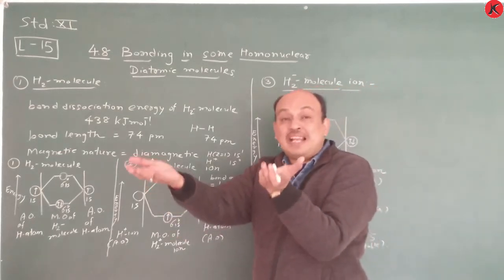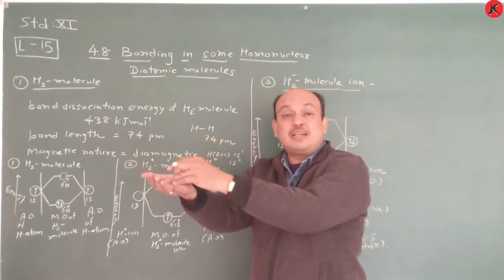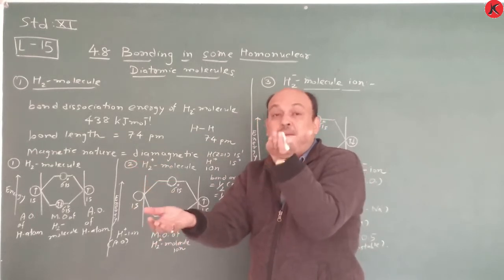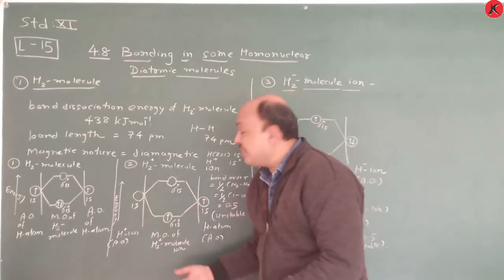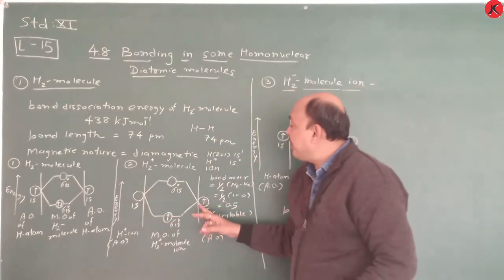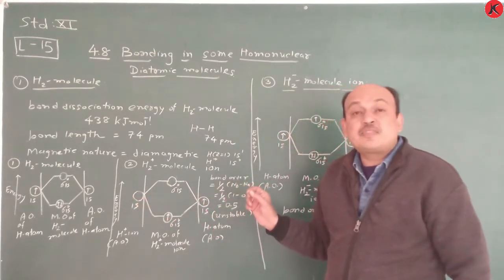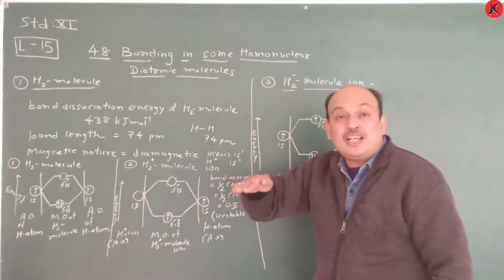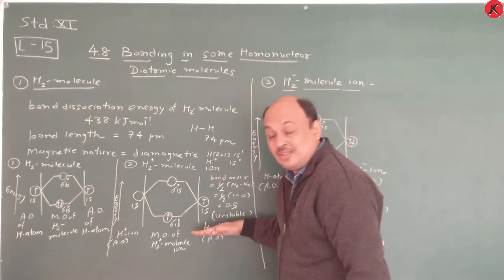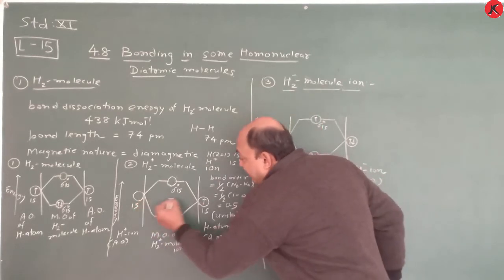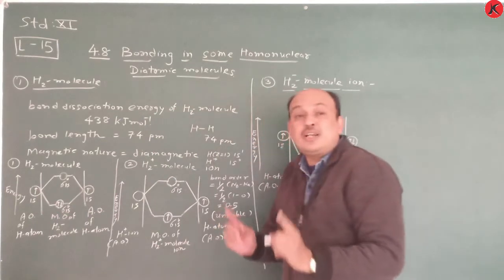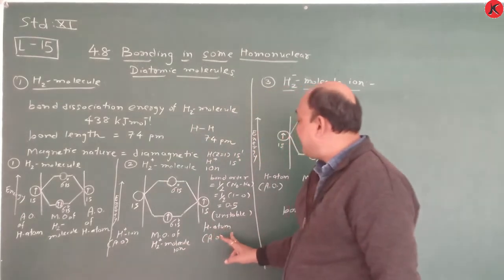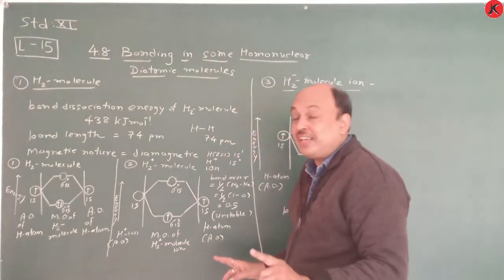Where there is an electron, the energy decreases. Remember, just like a balance: suppose here 5 gram is there and here 3 gram is there, so the 5 gram side goes downward and the 3 gram side upward. So remember, in whichever orbital the electron is present more, the energy decreases. Here 0 electrons, here 1 electron is there, so 1 electron is more, so the energy decreases, and this energy increases. This is not observed in H2 because both hydrogen atoms are the same. But here one is an H plus ion and here an H atom is there. So remember this distance, it's very important.